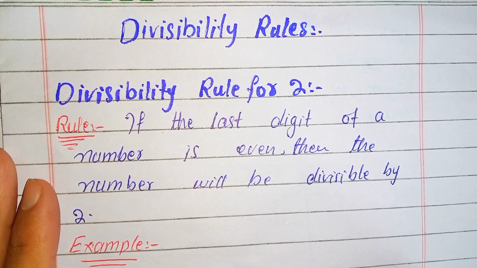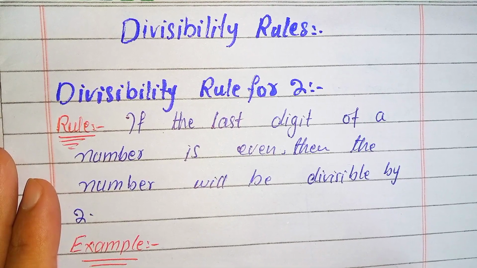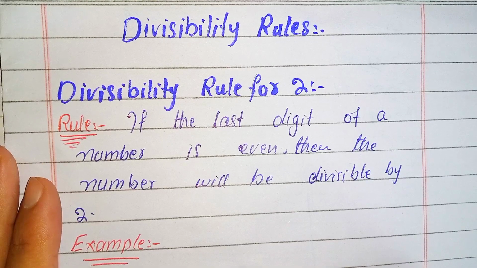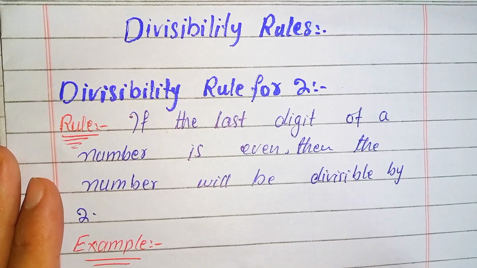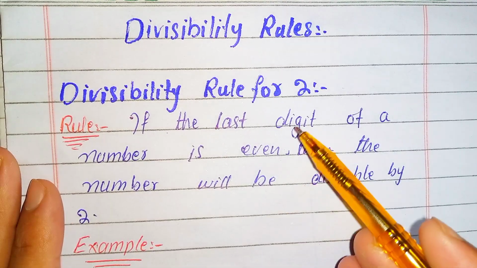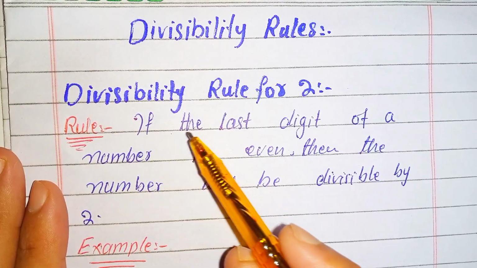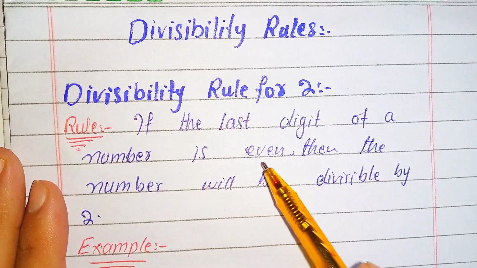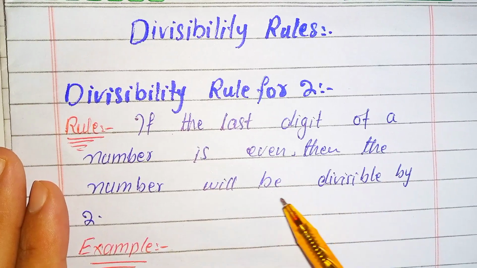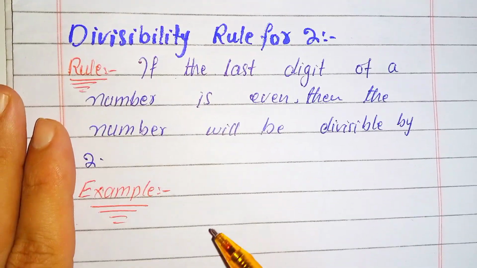In this video we are going to talk about the divisibility rule for different numbers. So we will start with the divisibility rule for 2, right? The rule is that if the last digit of a number is even, then the number will be divisible by 2. For example,